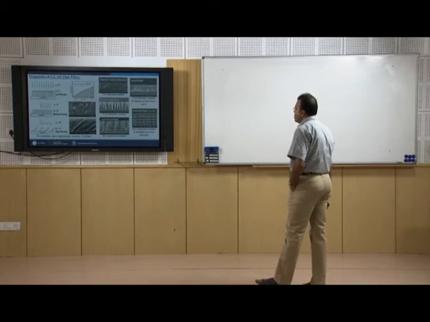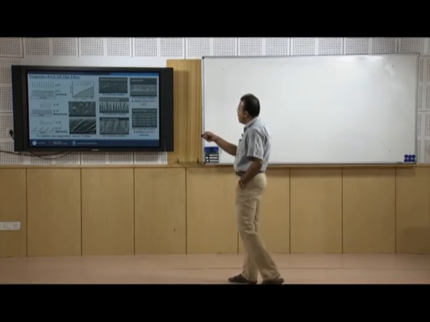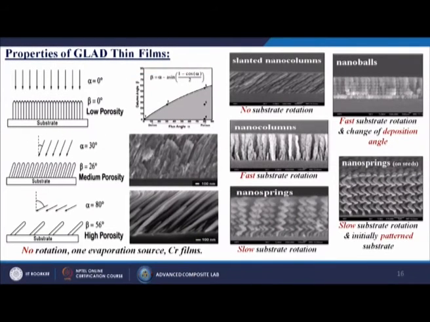So, properties of the GLAD thin films. Generally we have that substrate. So, we can make it perpendicular also, where alpha equals 0 degree and beta will be 0 degree. From this particular figure you are getting this kind of thing. So, we are making the nano balls, the slanted nano columns, then this type of nano columns, not only that, we are making the nano springs, some kind of spiral shapes over there, sometimes certain kinds of nano springs on seats. So, all of these have a different angle of deposition.